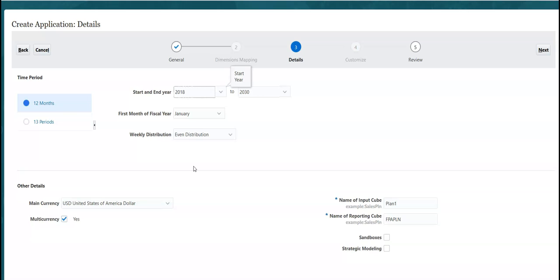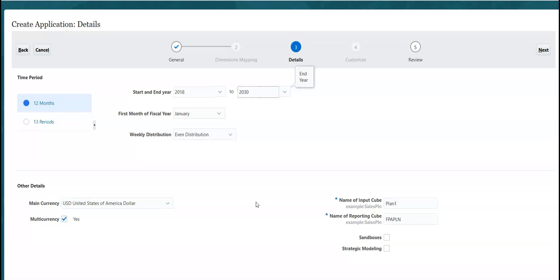It all depends on client requirement. So that I would be able to load the actuals from 2018 onwards for historical data purpose, and also how many years you want to use this application. Maybe I would take 2030.